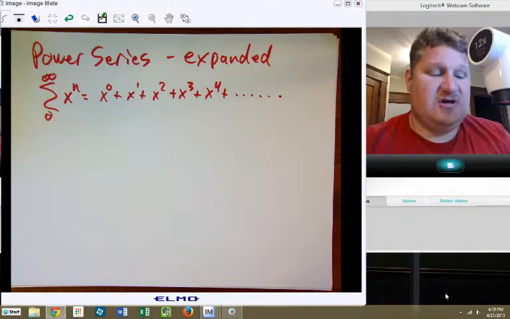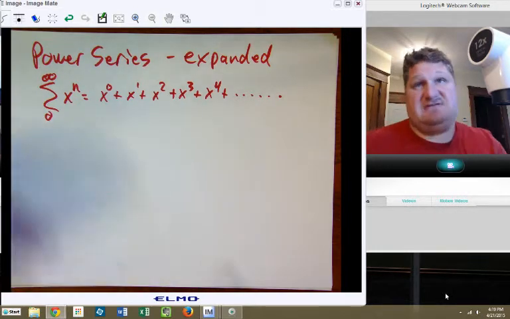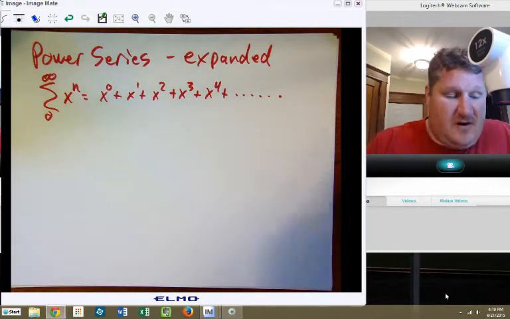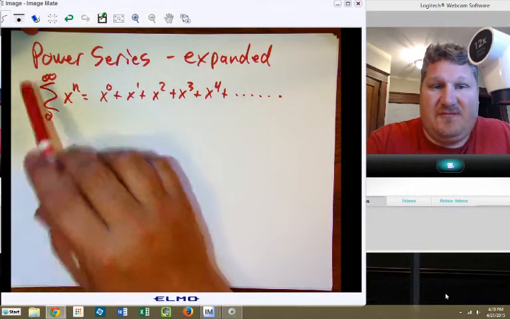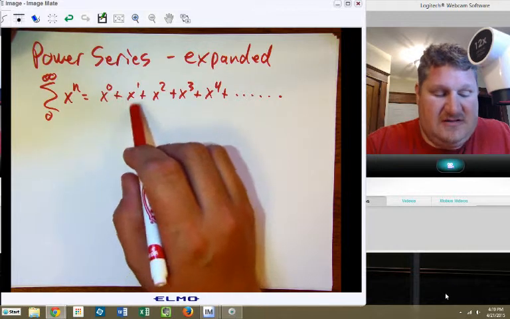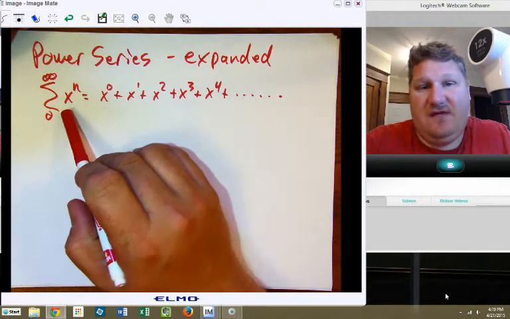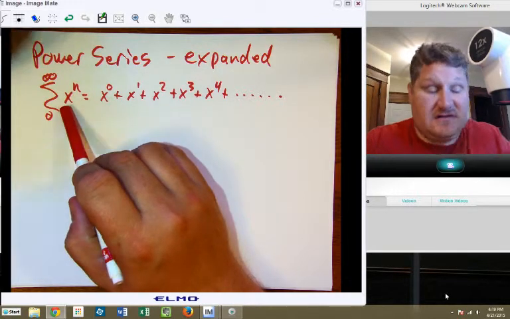Okay, ladies and gentlemen, let's talk about the power series and in particular the power series expanded. Previously, we have talked about the power series and we say the sum from 0 to infinity of x to the n equals x to the 0 plus x to the first, x to the second, x to the third, x to the fourth. And that's great as long as all of our basic power series is nothing but a